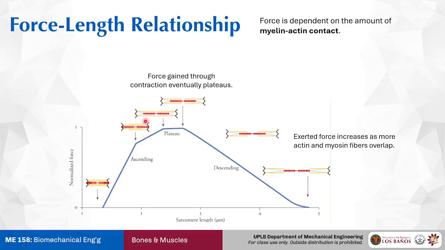So as the muscle moves closer and closer, and starts to contract even more, there's less of the actin to grab onto, so the force drops off again. So this is the unique profile of the force-length relationship of the muscle. Now, you have to recall that the muscle itself is part of a continuous connective tissue.